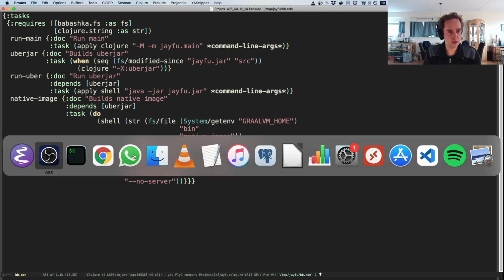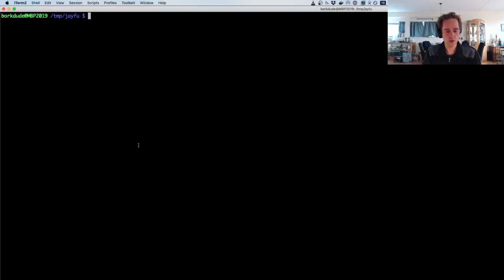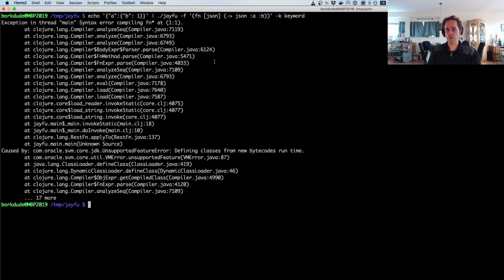So I have compiled native image again using this setting, and when I repeat this jfoo invocation again, then we see the real problem. So there is a syntax error compiling function, which is not actually a syntax error, but